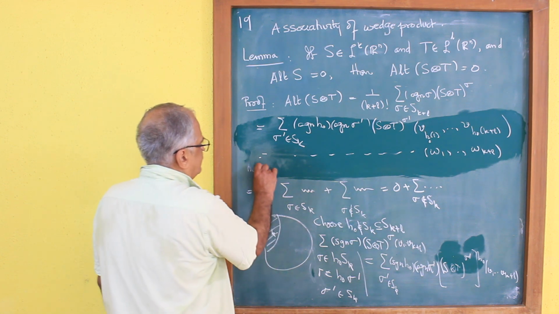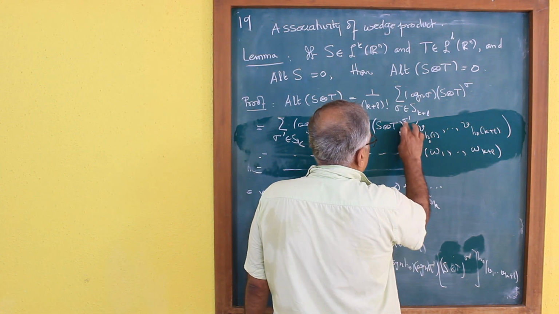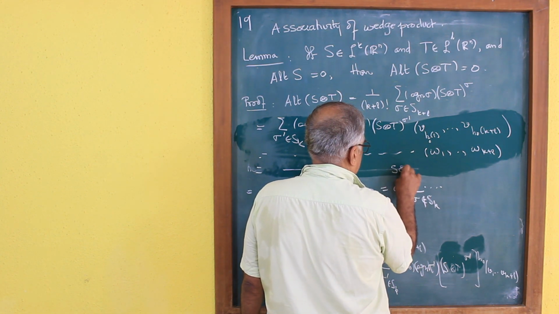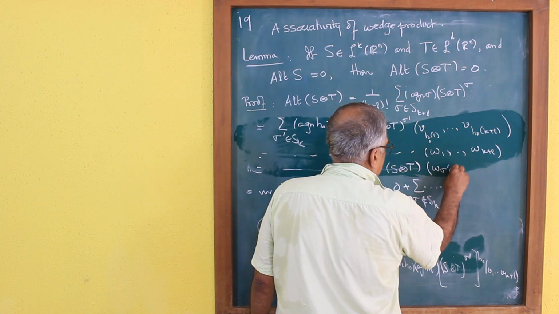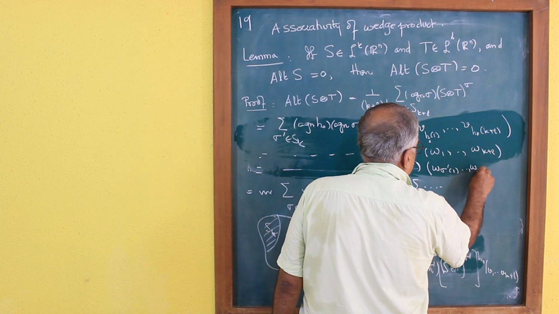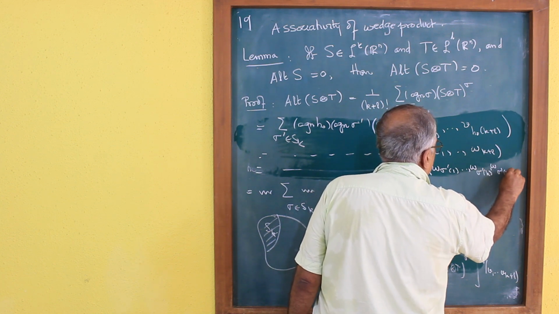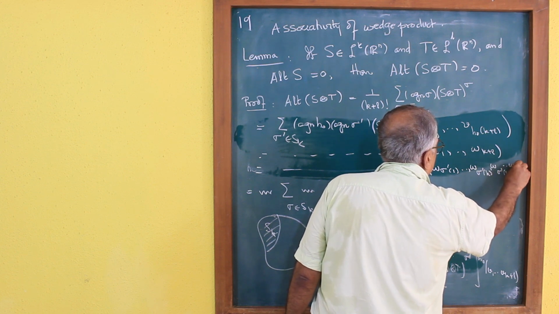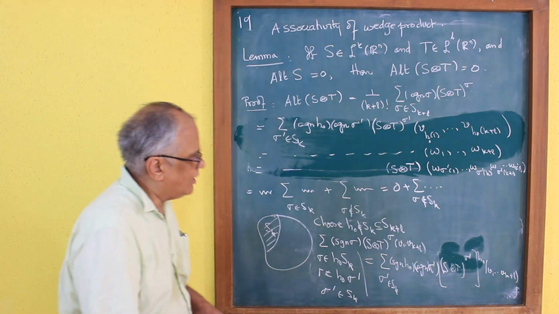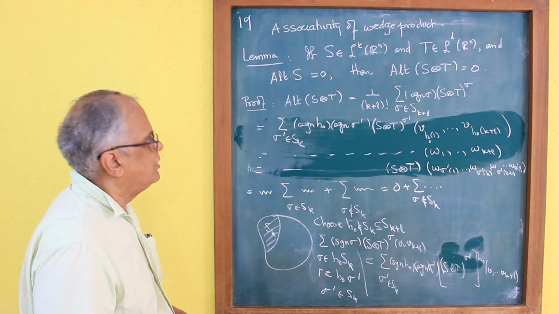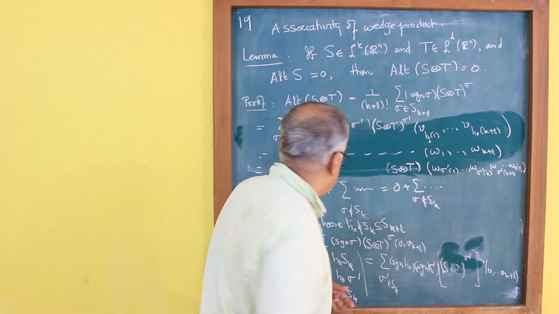And this is equal to the same thing. And then I must write down S tensor T of w of sigma prime 1, w of sigma prime k, up to w of sigma prime of k+L. But where is sigma prime? Sigma prime is in Sk. So sigma prime of k+1 is equal to